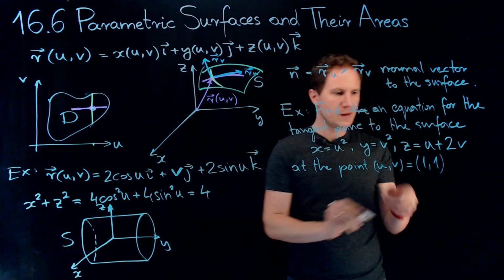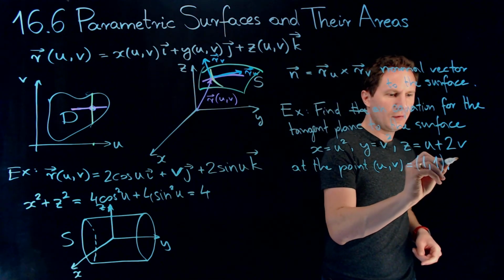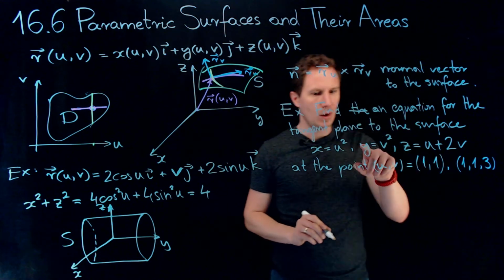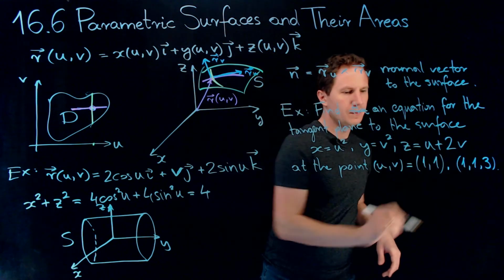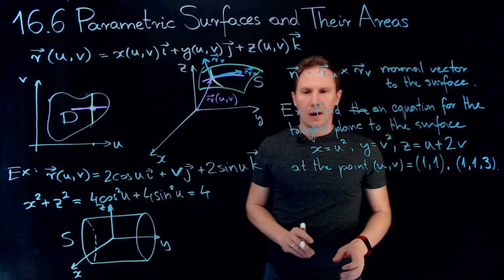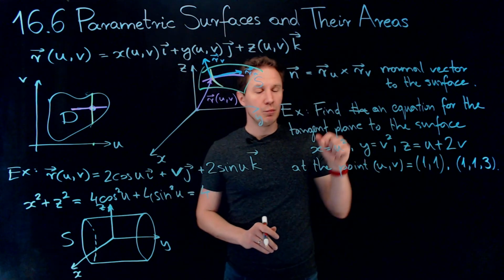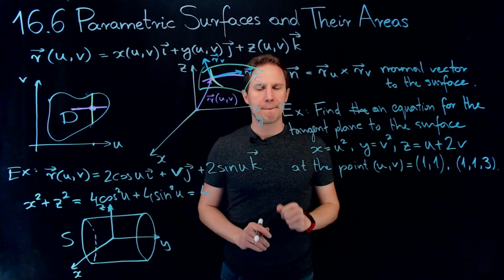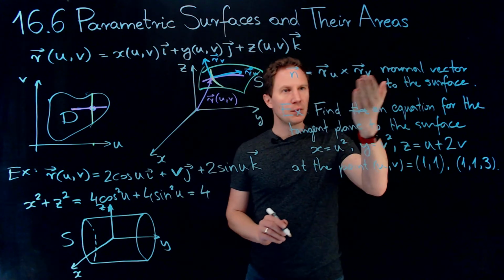So on the surface, that means you have the point 1, 1, 3 in terms of x, y and z. Okay? So pause the video and input your answer for the equation of the tangent plane below. Okay, I hope you paused it and computed these